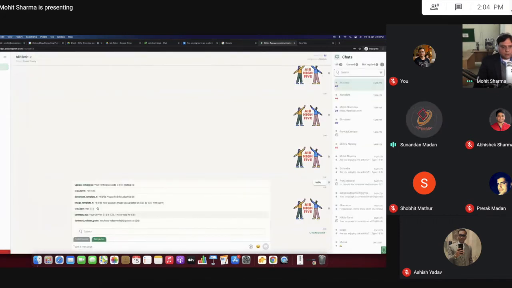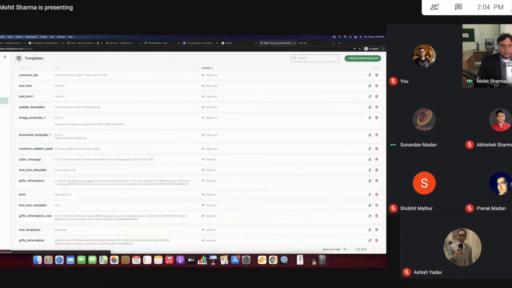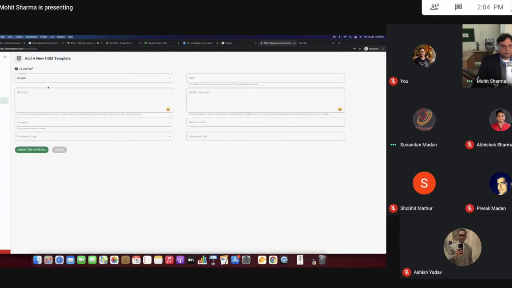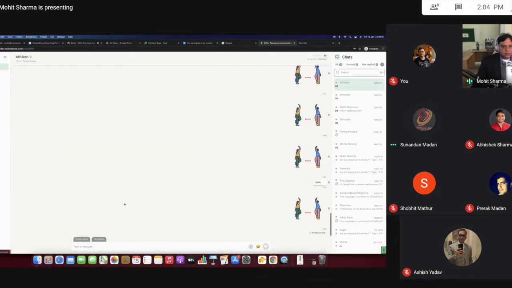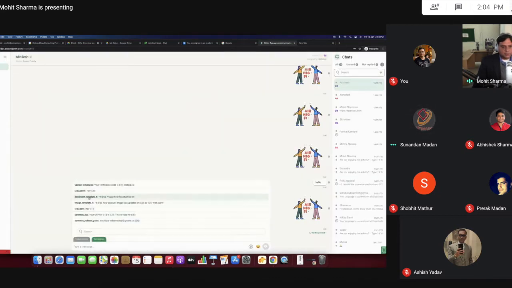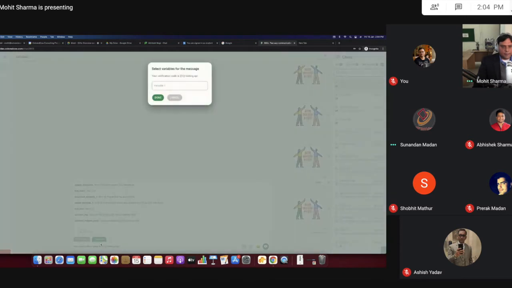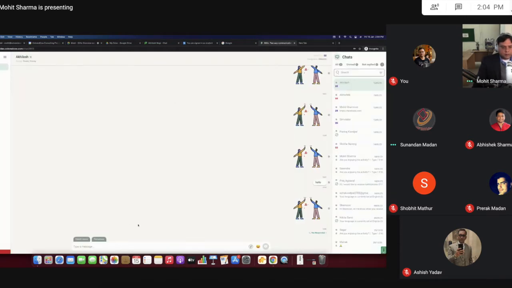These are the templates which we have already created. You can go and create from here, and while doing the chat, you can send this template from here itself.